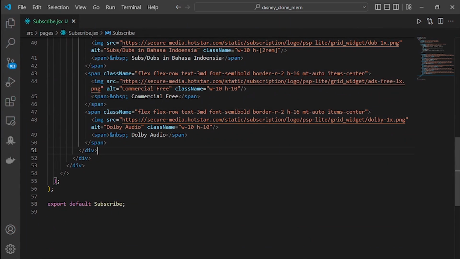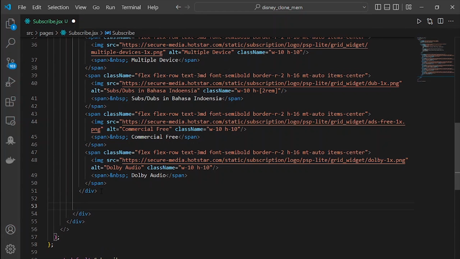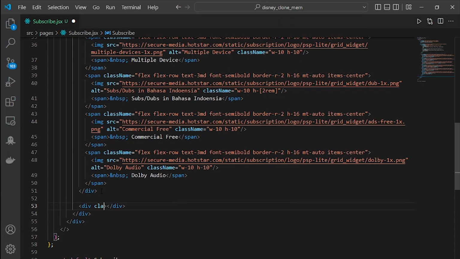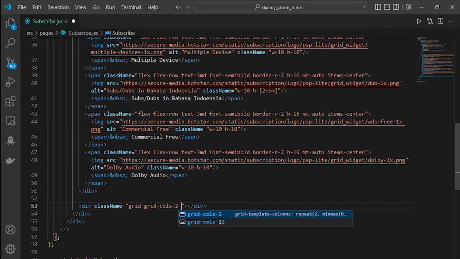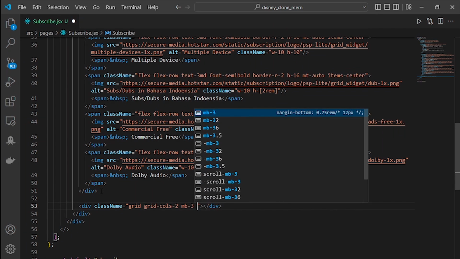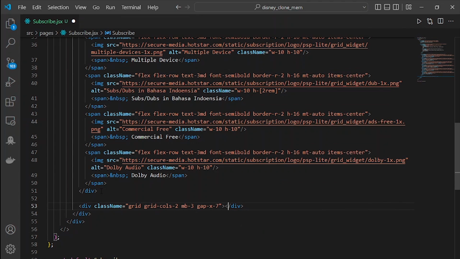Let's make it here. Now we are going to put the button outside of this div, and I'm going to make it inside of a div. That div is going to have class name equal to grid, and then grid cols 2, so we are going to have 2 of them. And for the margin bottom is 3. For the gap x is going to be 7. Inside of here,